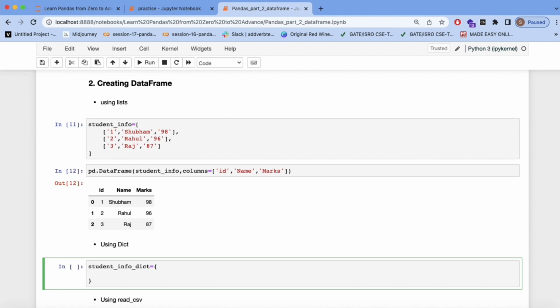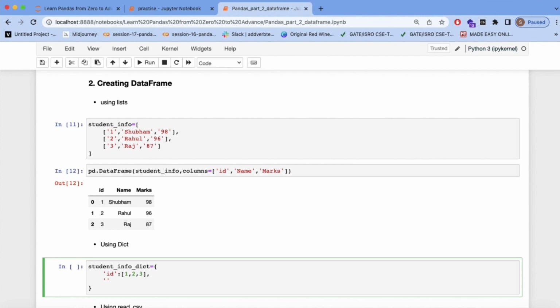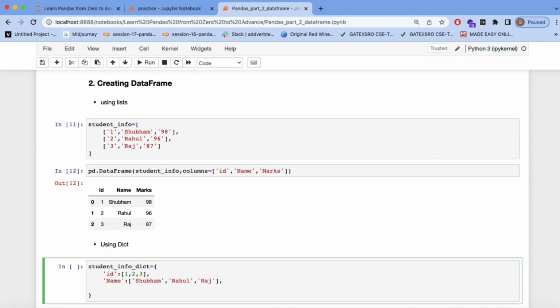Okay, so the first is ID and it contains 1, 2, 3. Second is name which contains Shubham, Rahul and Raj. Third is marks